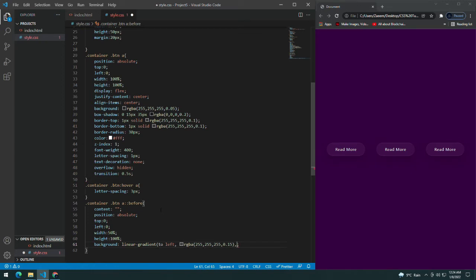Okay, now I forgot the bracket, I think. Yes, let's give it transparent and close the bracket.